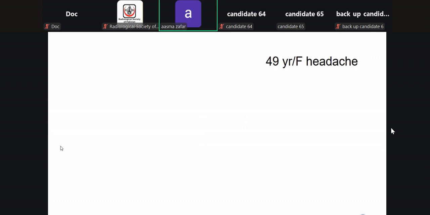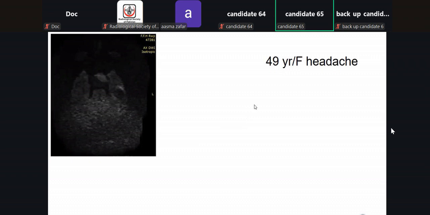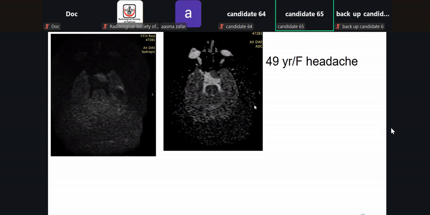Last case. History? 49 years old female, headache. I am provided with the DWI and ADC mapping images of a female patient in which I can see there is a normal signal intensity area involving the